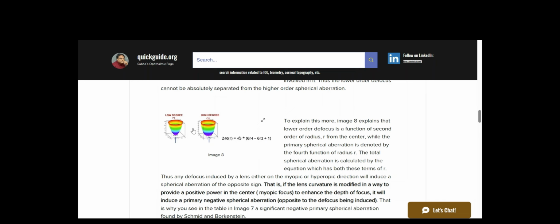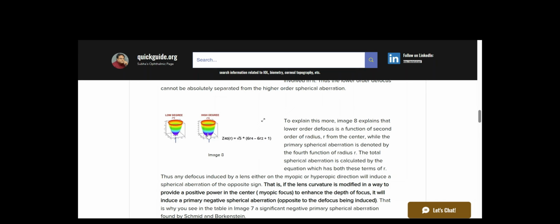So, the square of the radius. And this is basically the fourth power of the radius, which is your spherical aberration. This is higher order. Now, when you calculate spherical aberration through Zernike polynomials, you have both these two terms over here. So when you actually play with the IOL to provide the depth of focus, what you will also